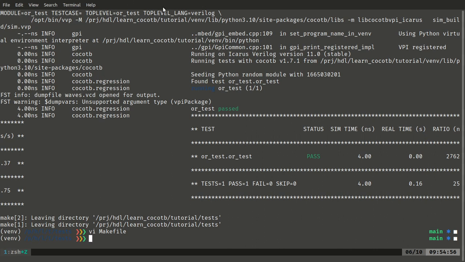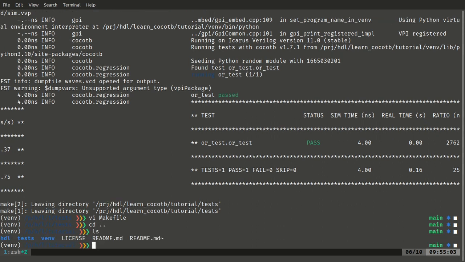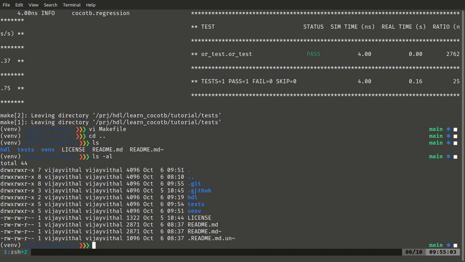So this is one way in which you can run your simulation. The other way is, at the base of your repo, we have created a folder called GitHub. So if you go into GitHub,